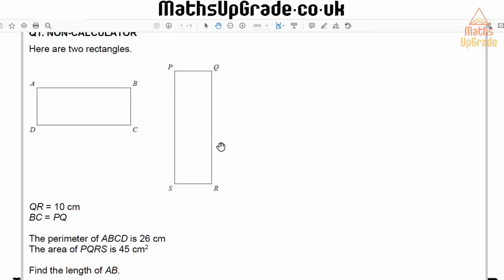So what I'm going to do first, I'm going to find the width here of PQ. Then I'm going to use the perimeter of this shape here that I'm given to find the length of AB. Okay, so